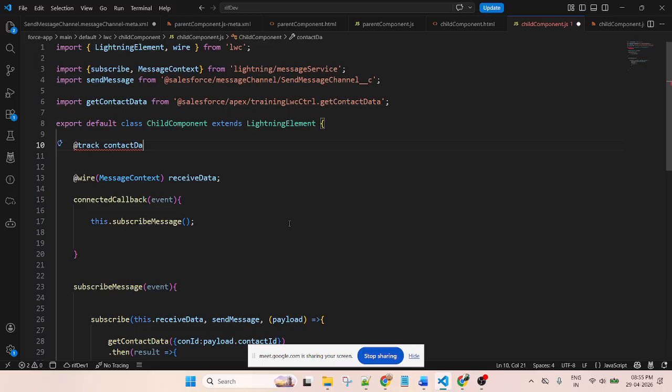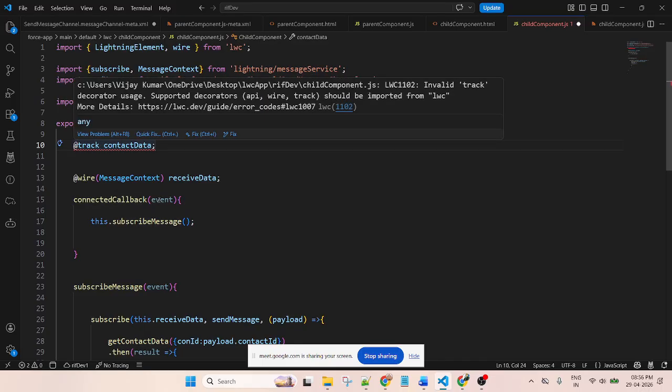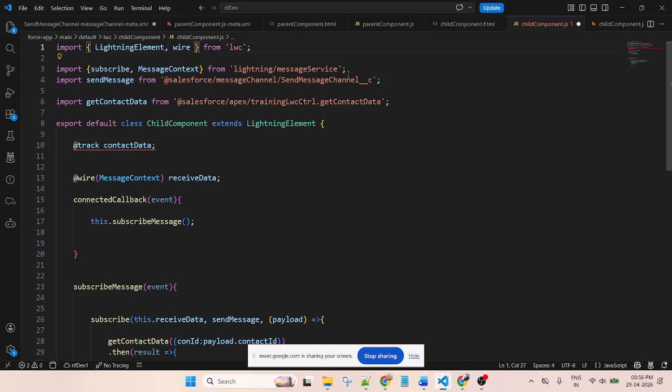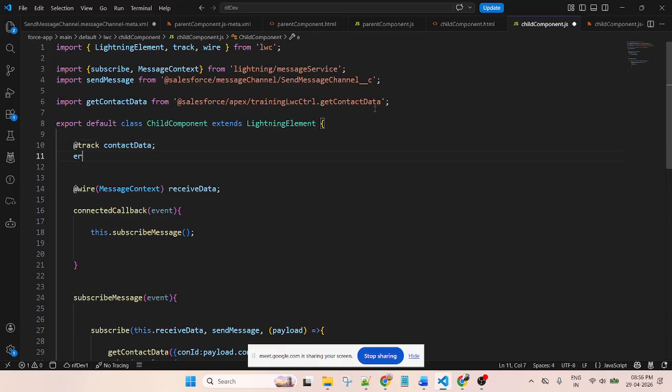Let's suppose I'm using contactData. It should display an error because if you use track, first of all you need to add it here. This is a decorator variable, comma, then it will go on. So this is a track. I also use error to store the error. So this is contactData.